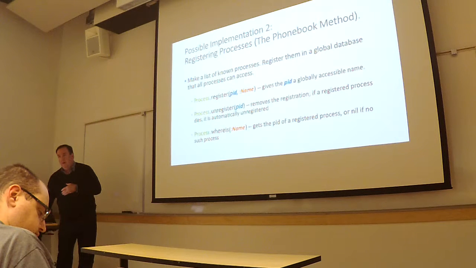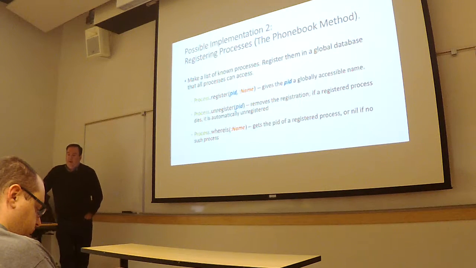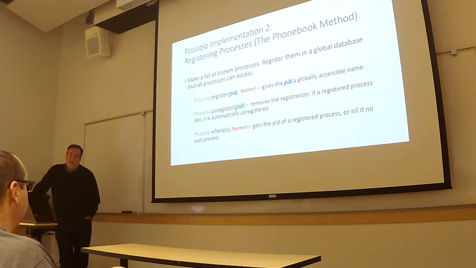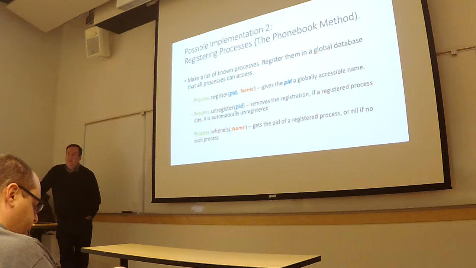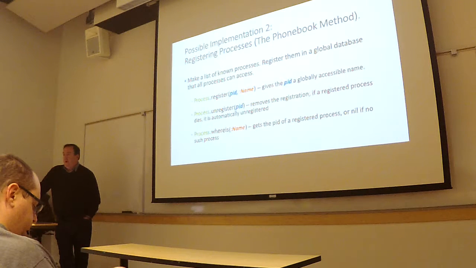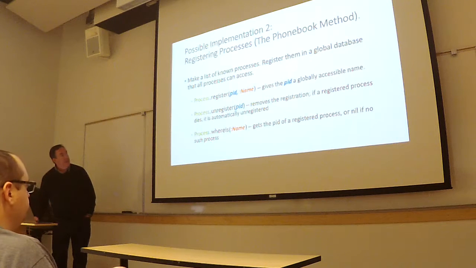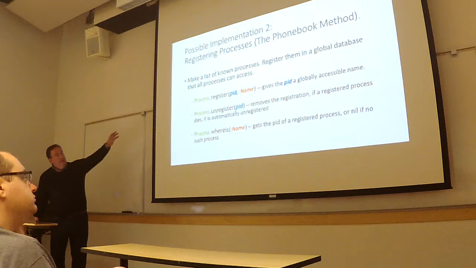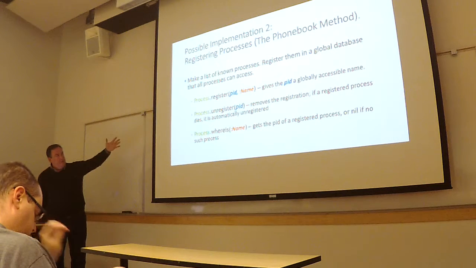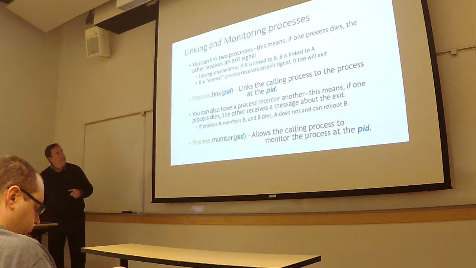Even this is assuming the database doesn't crash. Yes, so you have the global database of that. Now, one of the things that you can do, though, is we're going to start introducing the idea of processes that can watch other processes and bring them up accordingly. If this database that has everybody's process ID goes down, maybe the whole system has to be restarted. So this could be one of the critical processes with it. So we can register names and process IDs. We can unregister them, and then we can also ask what process ID a particular name has.